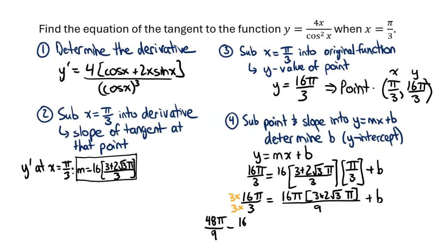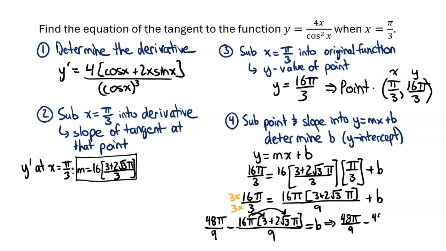And I'm going to subtract 16 pi. And I'm going to break this up here in a moment, but we have 3 plus 2 root 3 pi all over 9. And that's equal to b. I've subtracted that whole fraction that was on the right side to get b by itself. So now what I'm going to do is separate what I have in that second fraction right now into two separate terms. So I have the 48 pi over 9, not changing that I had initially, but now I'm going to